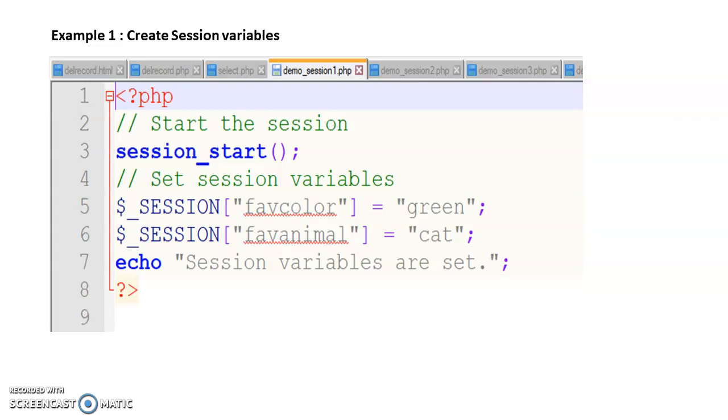So we have created 2 session variables, favorite_color and favorite_animal, and values given for them are green and cat. And we are just displaying a message, echo session variables are set. So this is a simple page where we have created 2 session variables with the names favorite_color and favorite_animal.